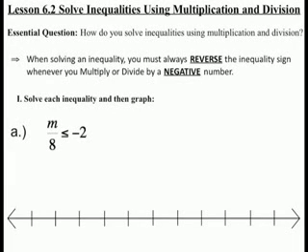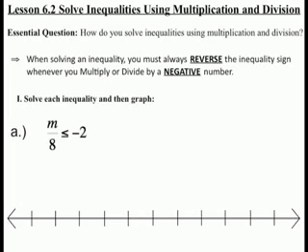Lesson 6.2, Solve inequalities using multiplication and division. How do you solve inequalities using multiplication and division? Well, when solving an inequality, you must always reverse the inequality sign whenever you multiply or divide by a negative number. So the first inequality we have to solve is m divided by 8 is less than or equal